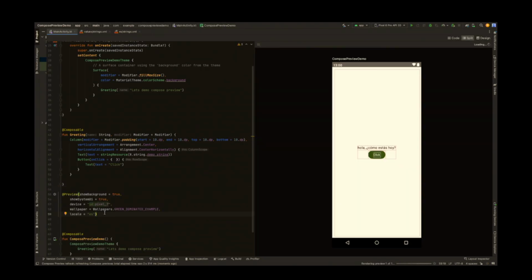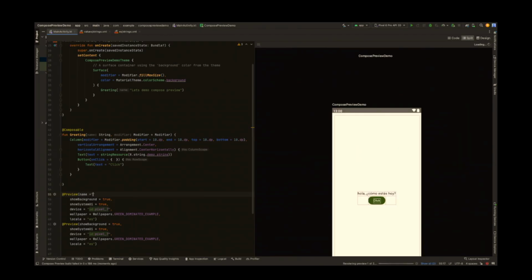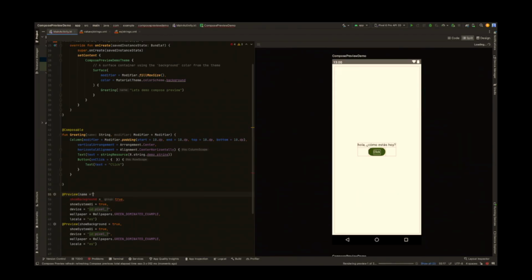But I want to see multi-preview. I just don't want to see one preview of things. I want to compare and see multi-preview. You can do that using annotations. This is where I'm creating two previews. I can name them, so I can see what the names are. So one I'm saying is small font English,